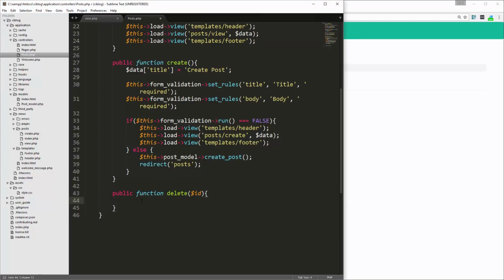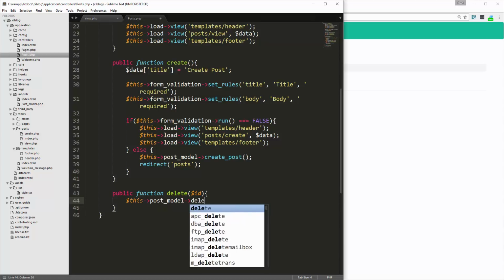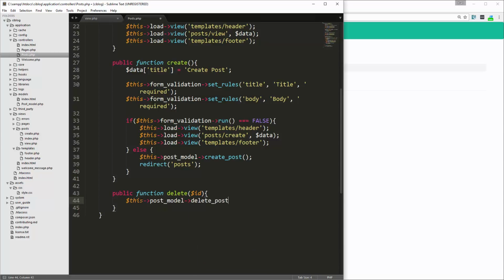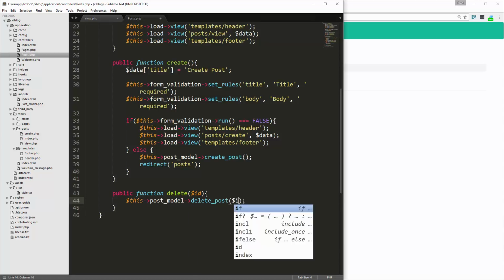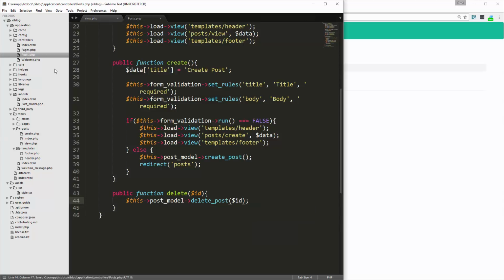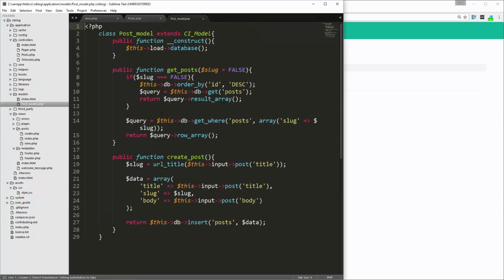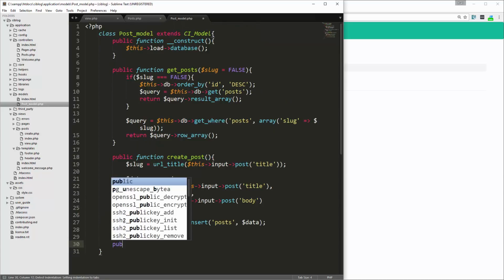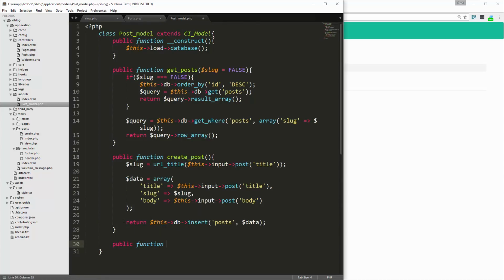Now we're going to call this post model, and we'll say delete post. Okay, and we'll pass along that ID. Now we'll go to the model, say public function delete post, takes in the ID,